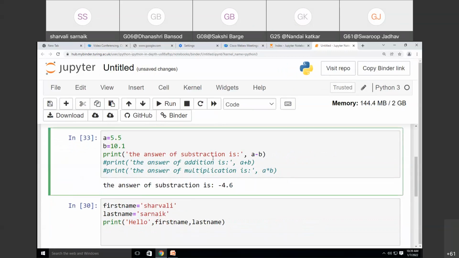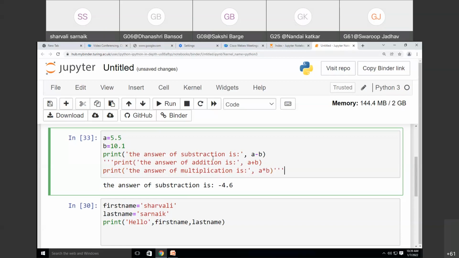The other way is to use multiple line comments. How to use multiple line comments? Give three single quotes. See, one, two, three. Give three single quotes at the start of the lines and three single quotes at the end, wherever you want to end it.